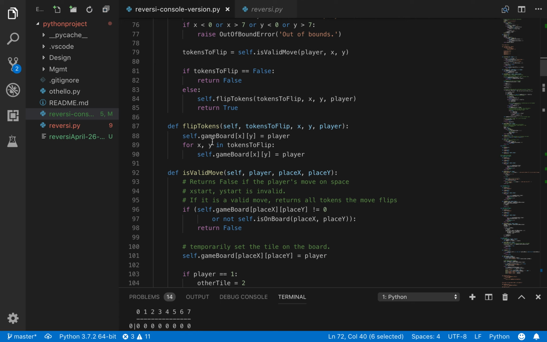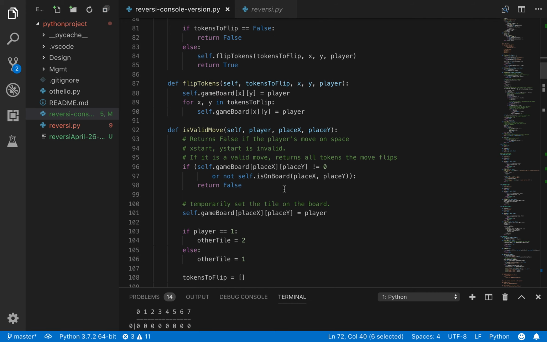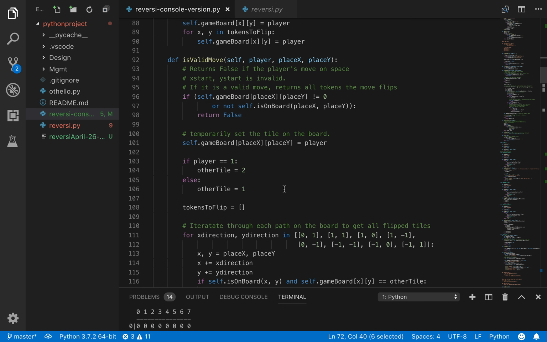Flip tokens is pretty basic. I wrote this as well. It just takes the x and y, sets it equal to player, and then loops for all x and y in tokens to flip, and changes those tokens. So isValidMove,